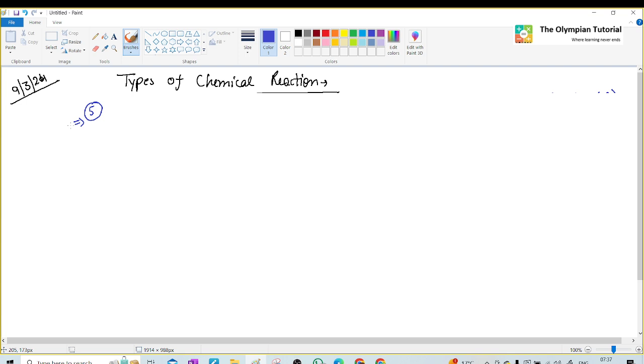Burning of magnesium is also an example of an exothermic reaction